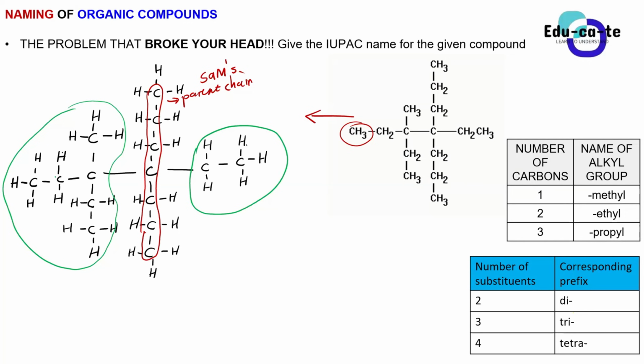No, you are not supposed to make combinations in naming the substituents. The IUPAC naming standard is one, Sam, and you've been doing it the entire time. You identify the parent chain, and any other thing attached to the parent chain is a substituent. So when you say that this one that is going from up to down is your parent chain, it means that this carbon chain attached to the parent chain is a substituent. Even this whole big thing that I've circled with green here is also a substituent.